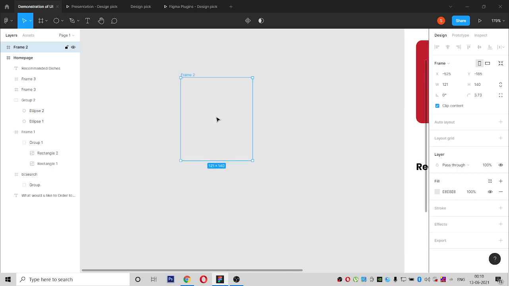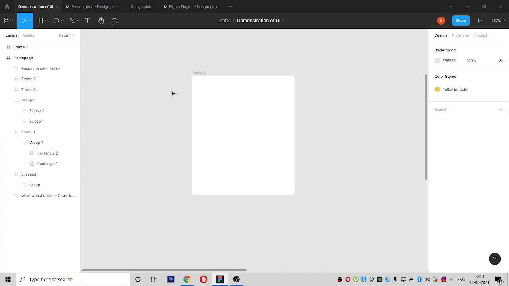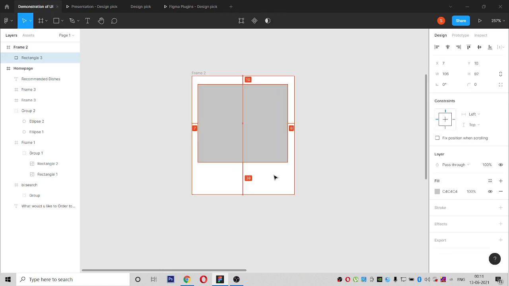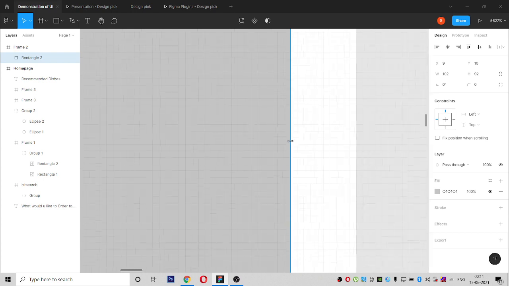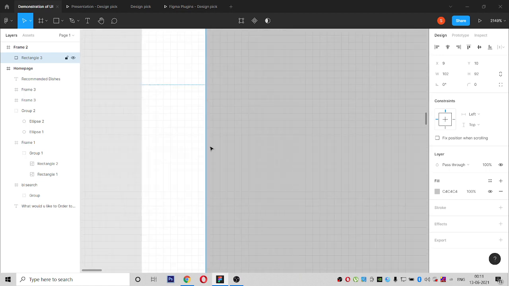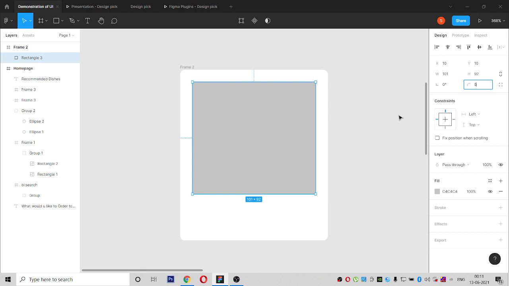So now what we are going to do in this frame, we will make it white for now. What all images we are showing as a product, it should be. So we are going to show donut products, multiple various donut products. I am thinking that inside a card I am going to place like this. We should see each pixel, then only it will be regular. So 10, this side is 9, so we should make it 10 only. And corner radius, as we have given 5, maintain the same inside also.